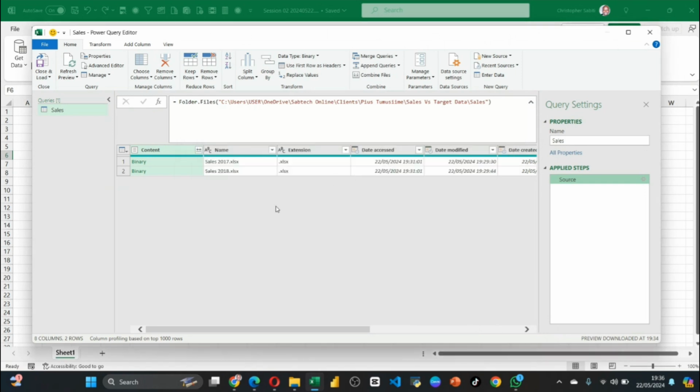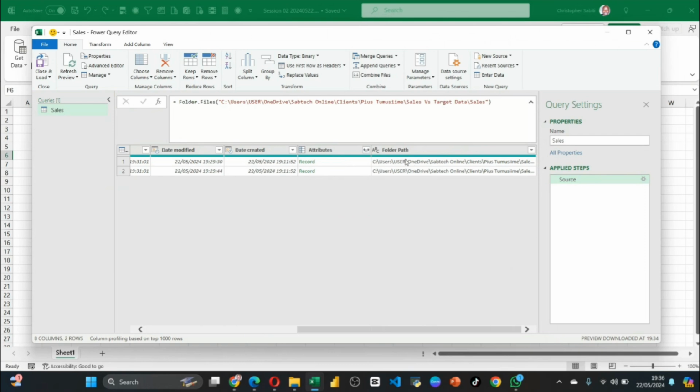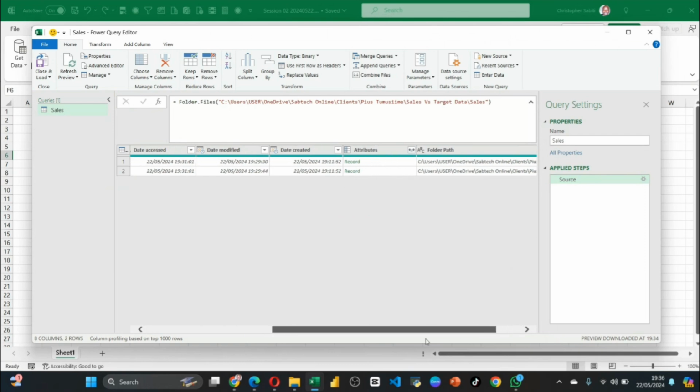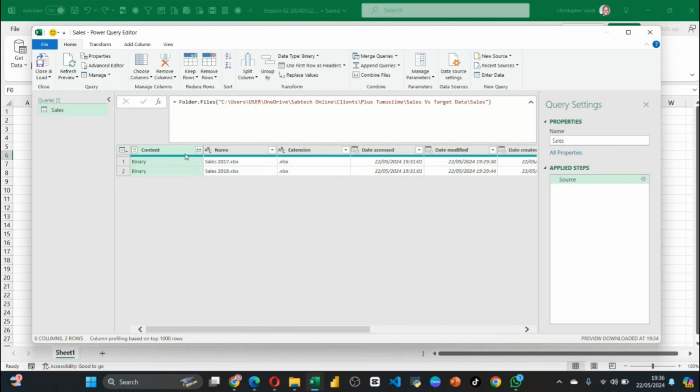Now, whatever we are seeing here, these two files, 2017 and 2018, our main focus is not on all these attributes, whether it is an Excel, when it was accessed, modified, all this metadata. We call this metadata, it is not our worry. My worry is this content, and you'll see that there is a difference between this column, let me call it a column for now, with